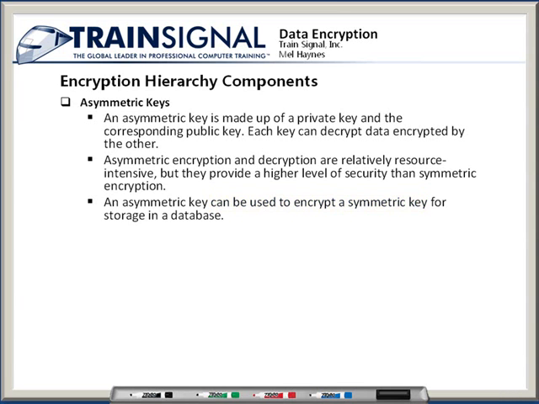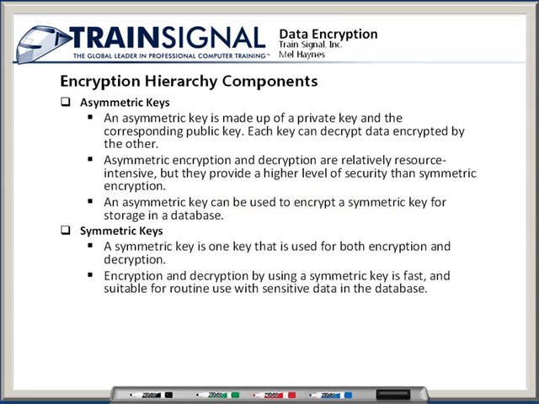So you have a lot of different options, as we saw from the diagram, a lot of different paths to your encrypted data. Our symmetric key is only one key, and that single key is used for both the encryption process and the decryption process, as opposed to the asymmetric key. You had one for encrypting, one for decrypting. Encryption and decryption using asymmetric key is typically faster, as it says here, and is usually a really good option for most sensitive data. So you can get away with